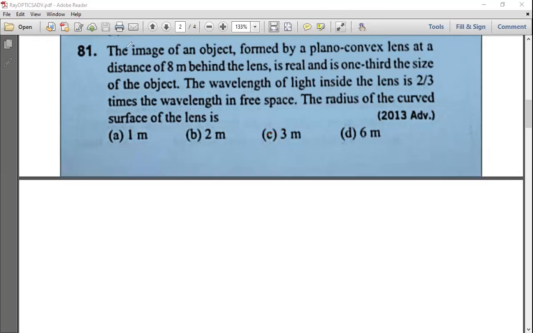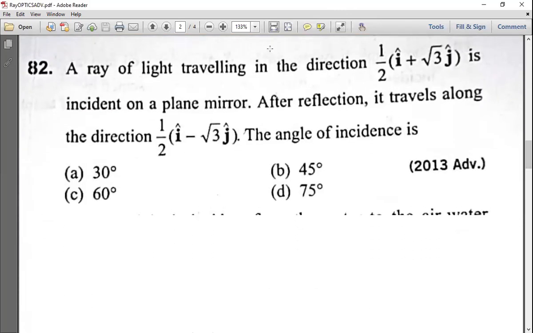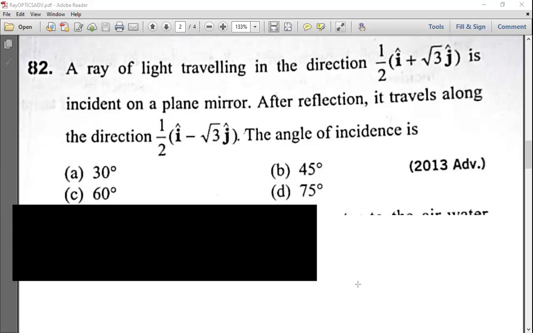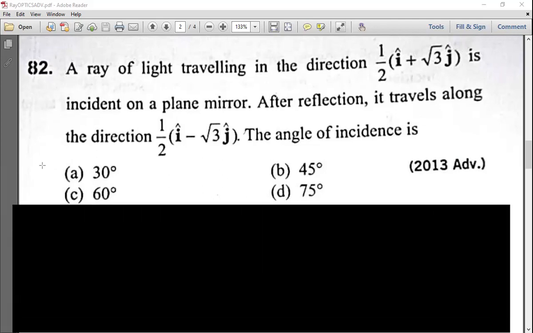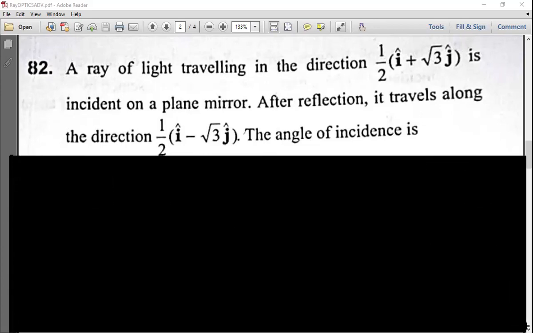Right. So next question, you see. Oh, this is vector form. I think you might have faced a little problem understanding this one, so let me give you the clarity. Shall I mask these options also? Keep in mind 30, 45, 60, 75, with a difference of 15 starting from 30. Okay, I am masking this. We'll check from the PDF, sir. No problem, we'll check through the PDF.